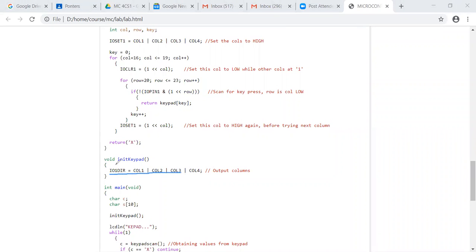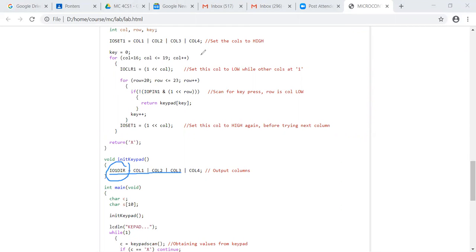We are using the IO1 DIR register because you are aware of the ports P1 rather than P0 connected to the ports. So therefore, with that knowledge, you will be able to choose the proper register to make the column ports as output. And that's the only initialization that you should remember.